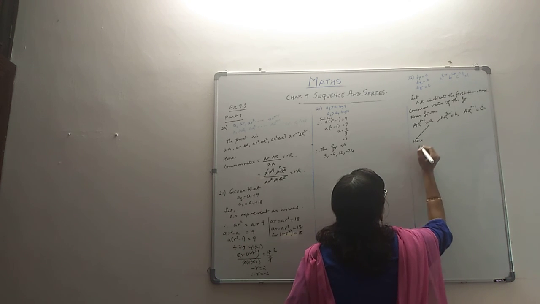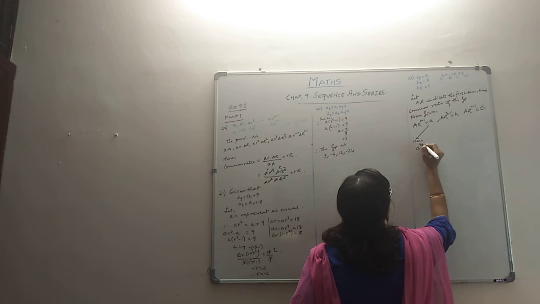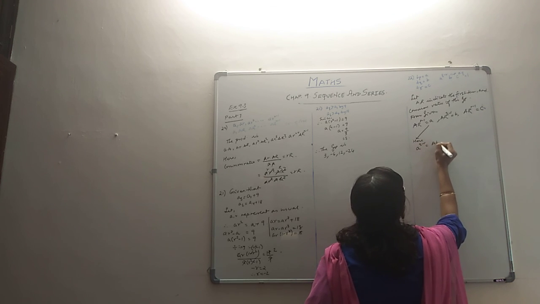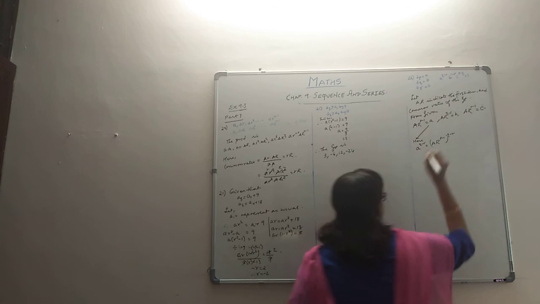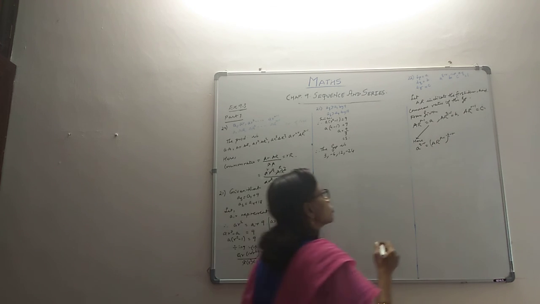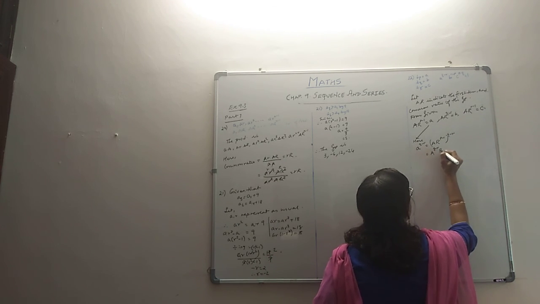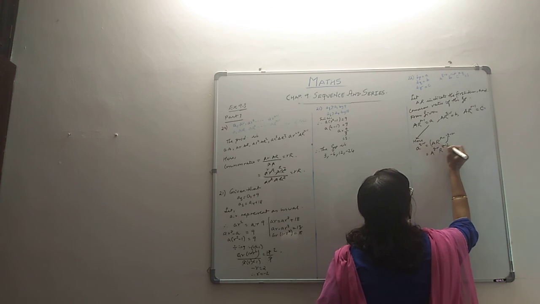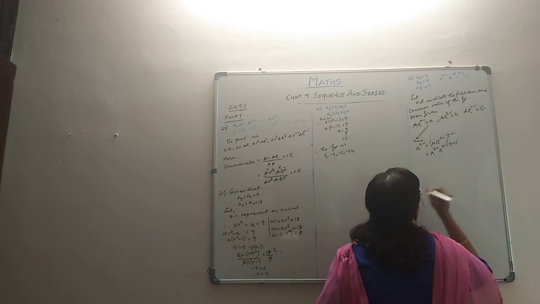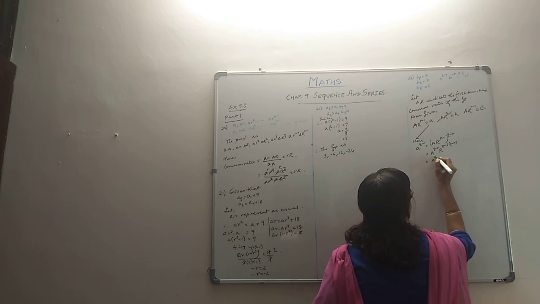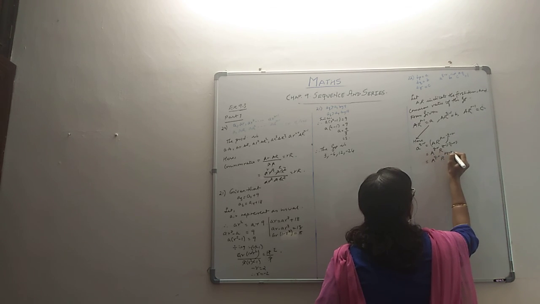Here, a raised to q minus r is ar raised to p minus 1, whole raised to q minus r, which applies to both the terms. So you have a raised to q minus r and r raised to p minus 1 times q minus r, which when we open up will come to, let's open this up, r raised to pq minus p